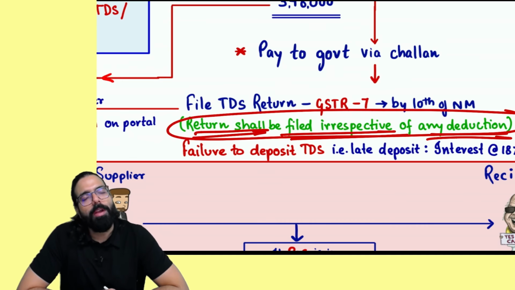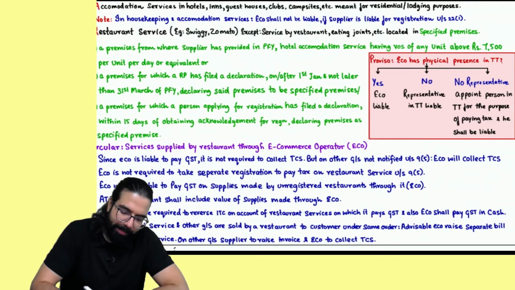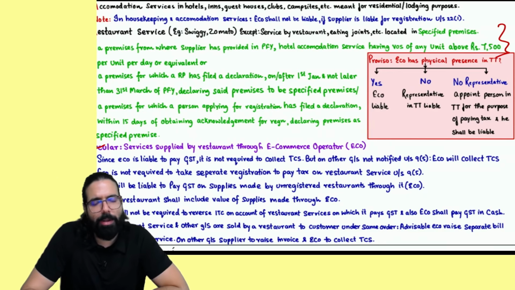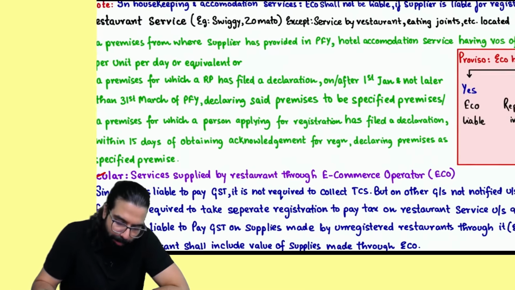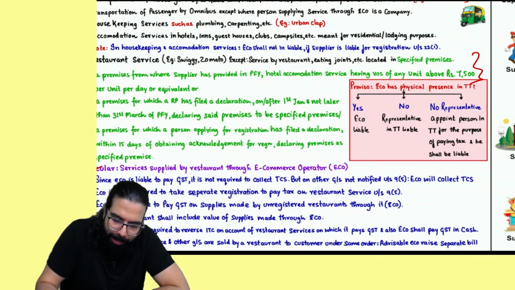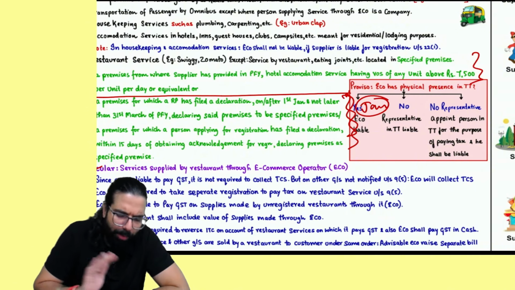Now they have told you have to file even if there is no deduction. That's all. Here one specified premise definition has been amended. Not applicable for intermediates, not applicable for September attempt, and September students can just follow till here. This B and C point is an amendment. Basically, this B and C point is applicable only for January students. For September, you can follow only this point.